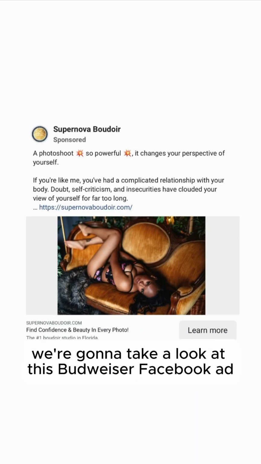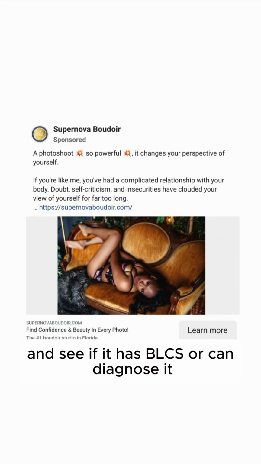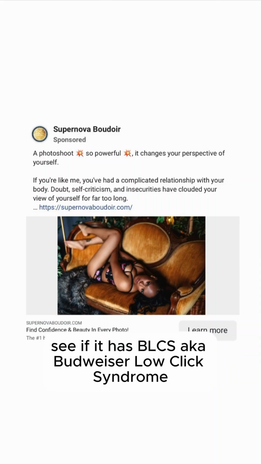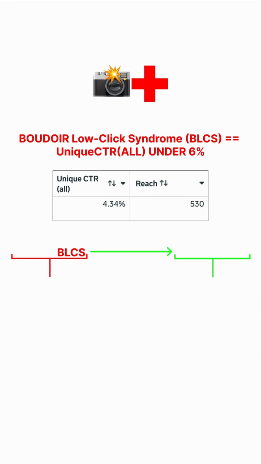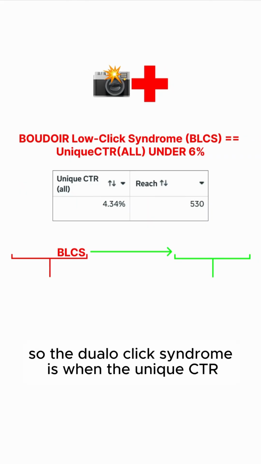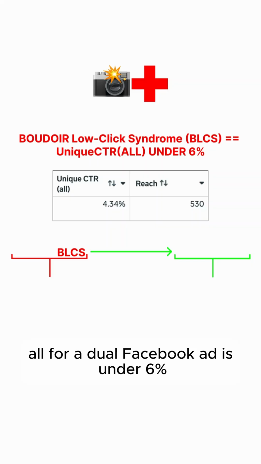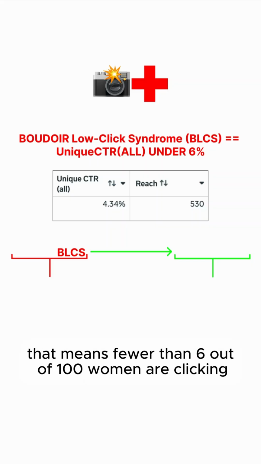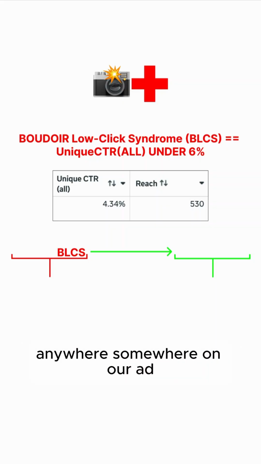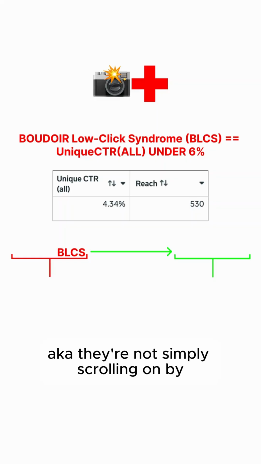All right, y'all, we're going to take a look at this Boudoir Facebook ad and see if it has BLCS, or we're going to diagnose it, see if it has BLCS, aka Boudoir low click syndrome. So Boudoir low click syndrome is when the unique CTR all for a Boudoir Facebook ad is under 6%. That means fewer than 6 out of 100 women are clicking somewhere on our ad,